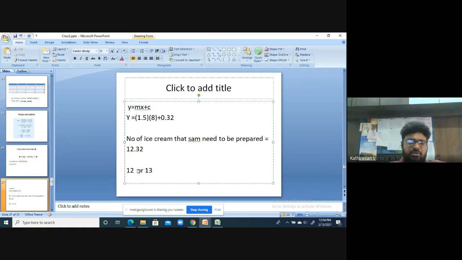So this is nothing but business intelligence. Okay, if Sam is ready with 12 or 13 ice creams, based on the error, one or two ice creams only get wasted, or even if they sell out earlier, we will not miss much business. So he can utilize this for the business. In this way linear regression prediction is used, and as a machine learning engineer you have to help Sam.